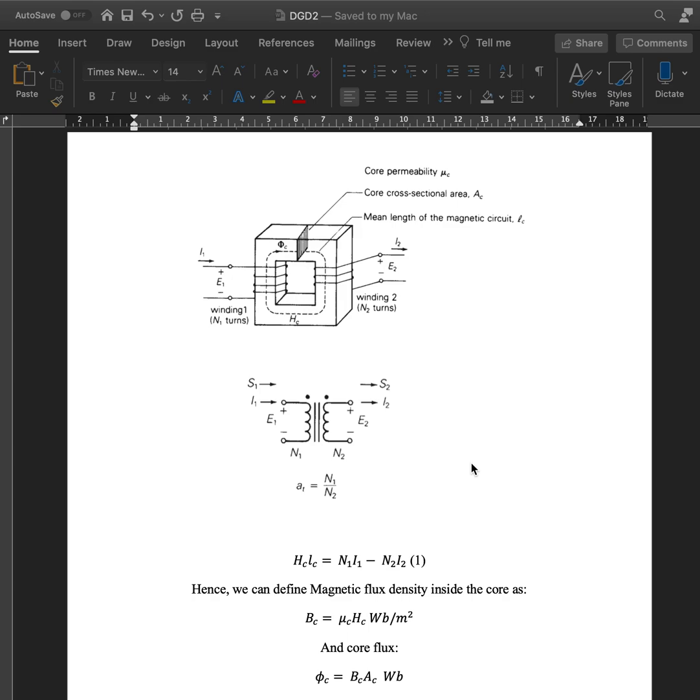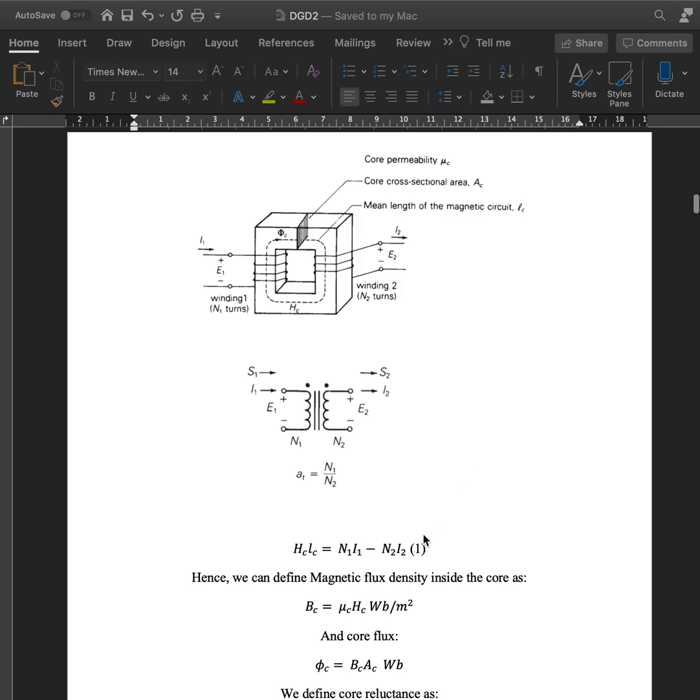All right. So now, as we assume an ideal transformer, we have to make some assumptions. So the core permittivity is constant. The core permittivity remains constant, and we can define magnetic flux density inside the core with this formula: BC, which is magnetic flux density, is equal to mu c times Hc, and can be represented in